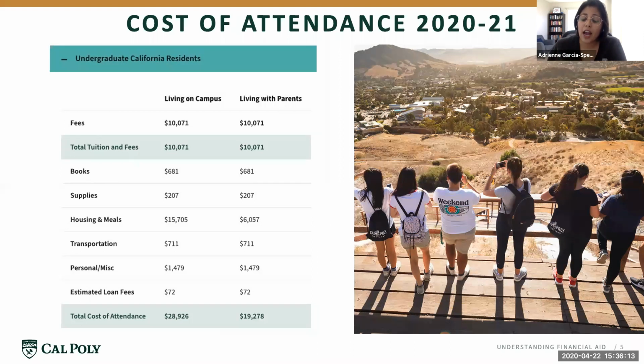Again, a change of income may not change your aid eligibility. If we return back to some of the basics that we talked about, that EFC number and that financial need, it is possible that those numbers don't change significantly enough to change your eligibility. But again, we will review and we will be communicating with you to make sure that we have a clear assessment. And if there is a change, we will make those changes.